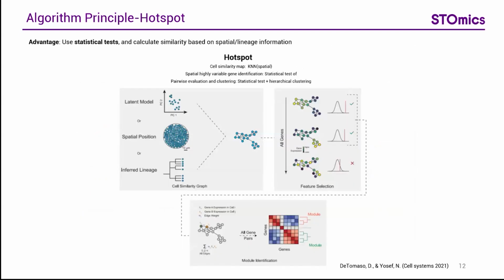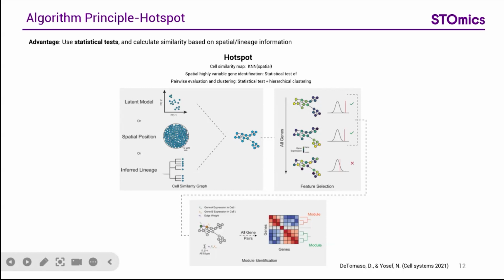Hotspot mainly uses the KNN algorithm to construct a cell similarity graph based on spatial locations. It then compares genes with its cell similarity graph through statistical testing to identify spatially variable genes. Next, it does pairwise comparison of the similarity between these genes and finally combines them into spatial co-expression modules through hierarchical clustering. Its advantage is the use of